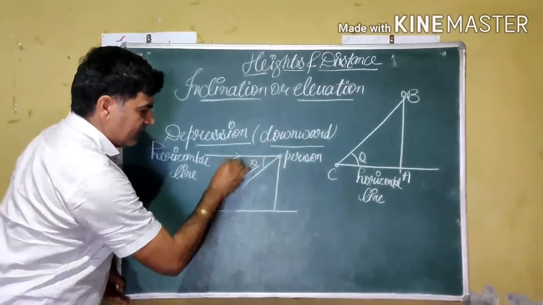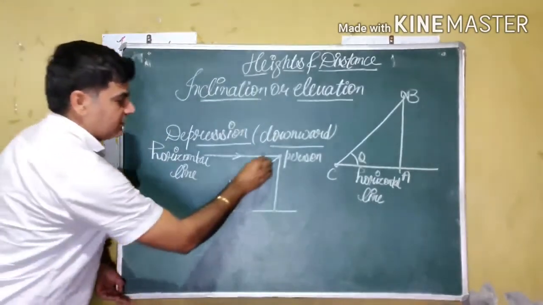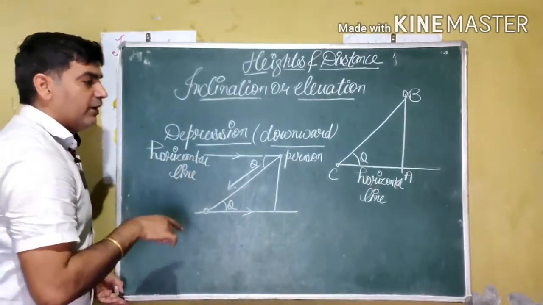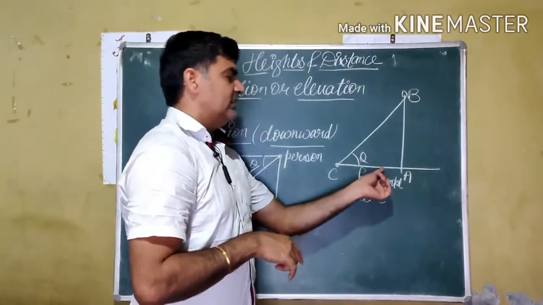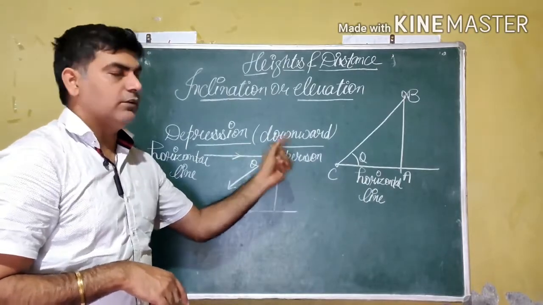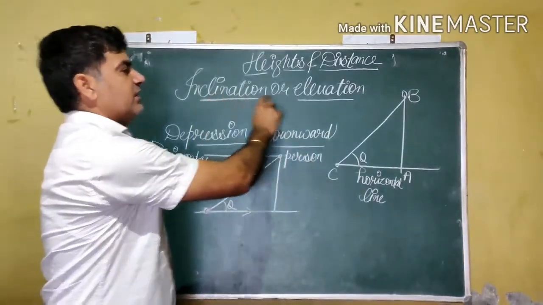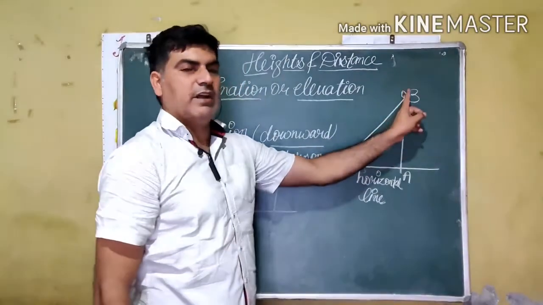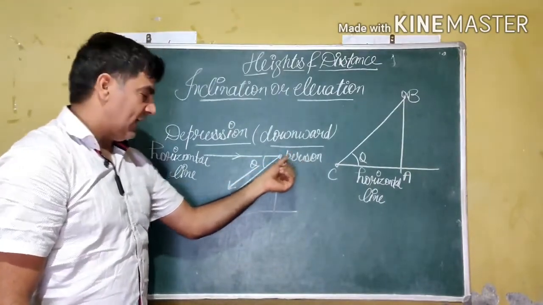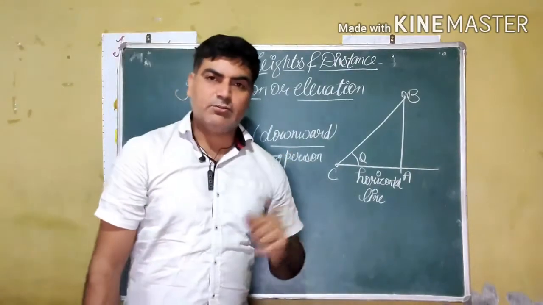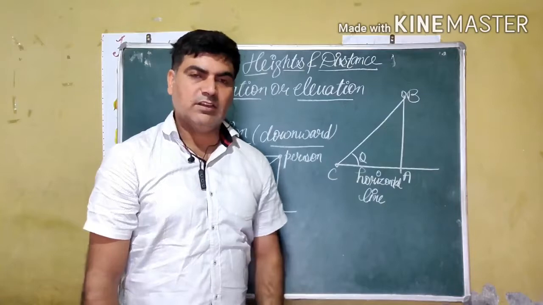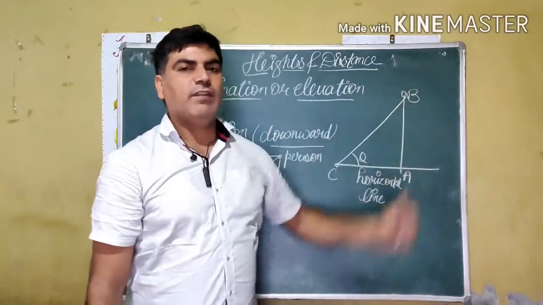As you know, this is our horizontal line, this is also a horizontal line, both are parallel to each other. So this angle and this angle become alternate interior angles. That's why these two are equal, but the way of representation is changed. Here the horizontal line is at the ground level and the other horizontal line is at the top, at the point of vision only. There are two types of angles: inclination, otherwise elevation, when we are looking upward from our height, and the angle of depression, which is made when we are standing above and watching an object downside. We are discussing these two angles to represent buildings and observe objects on the ground, or objects on the top of a building.